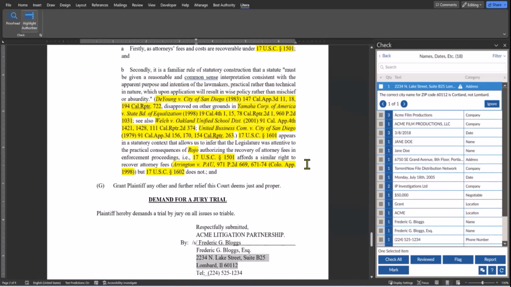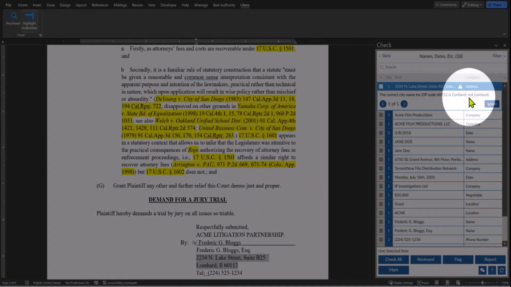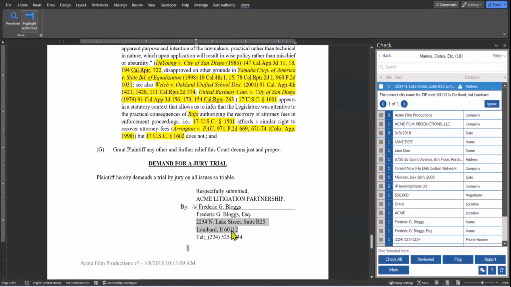Now, the next item we have here is an address, and it's doing the same sort of check as we did for the date. So here is an address, and it's telling me that the correct city name for zip code 60112 is Cortland, not Lombard. So either the zip code is wrong, or the city is wrong. We're not sure. Illinois is correct. It would tell us if it was not Illinois, but I'll just go ahead and change this to Cortland,